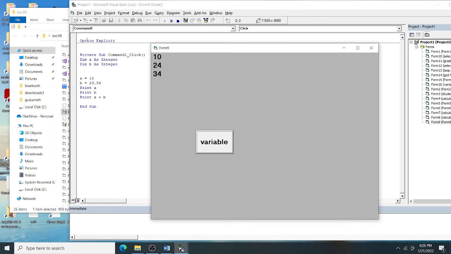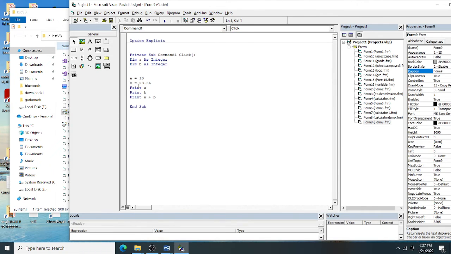So Option Explicit forces the variable to be declared. I think all of you have now understood the meaning of implicit and explicit declaration of variables, which is using a variable without declaration.